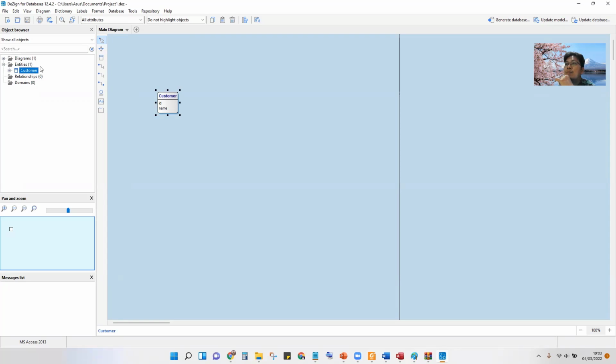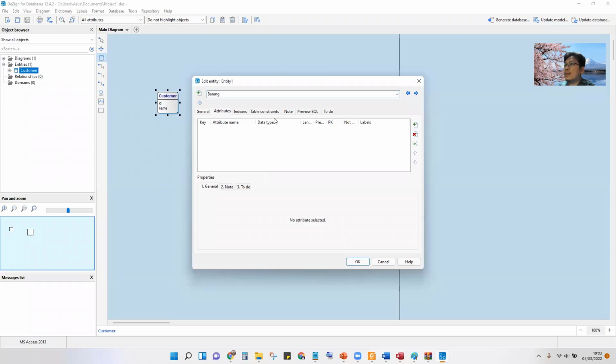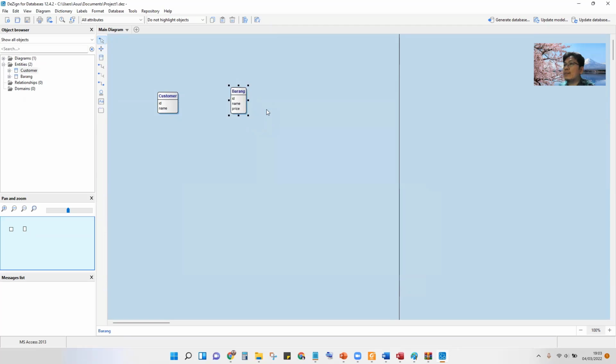Indonesian first, barang. Attribute, for example, usually you have to make the different case. For example, price, stock, supplier, etc. But we just focus on this.